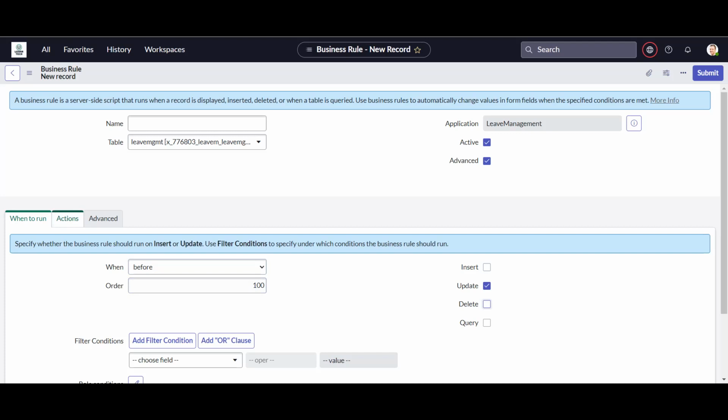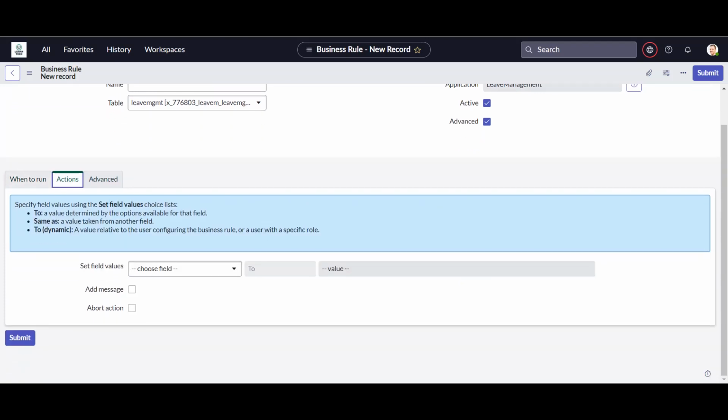Okay, now let me go to the second tab, actions. Now this is the form where you perform the actions. So what changes you want to do, you can do there. Now there are two ways you can do the action. Either you use the out of the box,